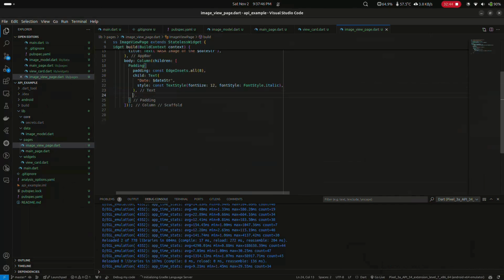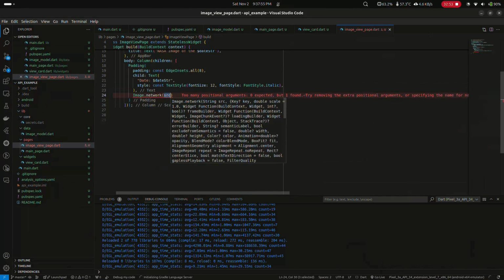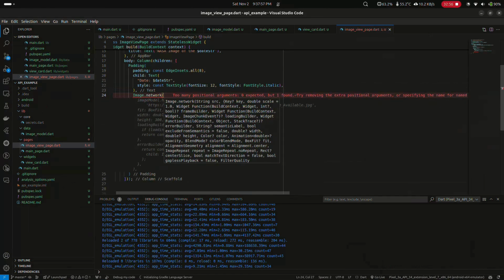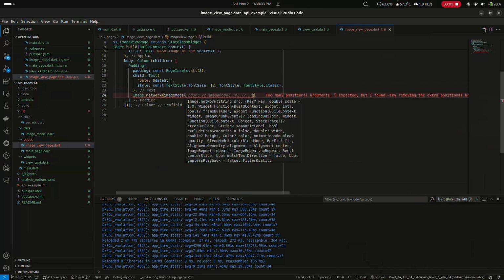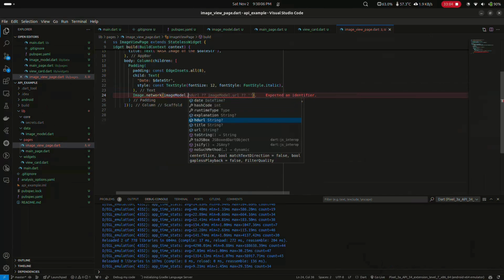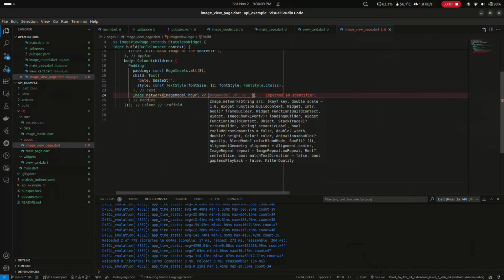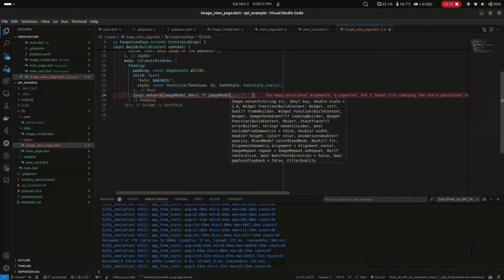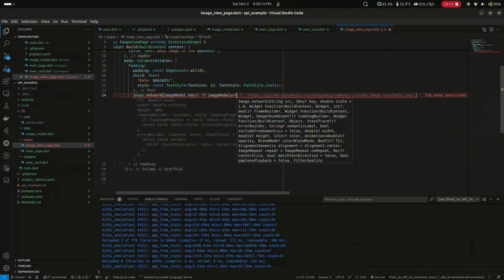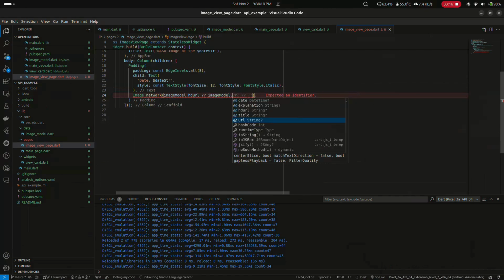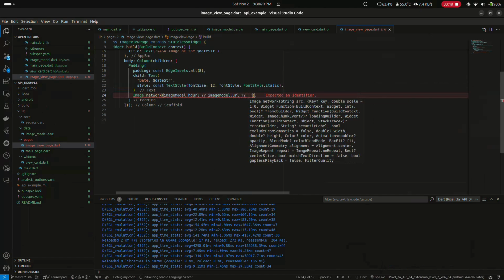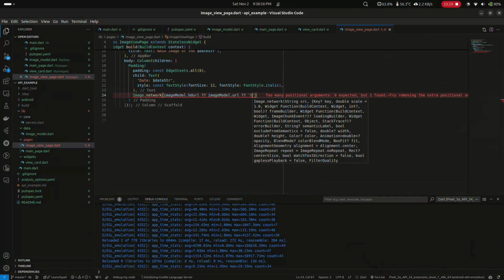Then we are going to get the image, which is going to be done using image dot network. Now my src is going to be, first I'm going to check if I can get the hd url. So I'm going to do image model dot hd url. If that is null, then I'm going to fetch the url, image model dot url. If that also turns out to be null, I am going to get the default image, which is going to be